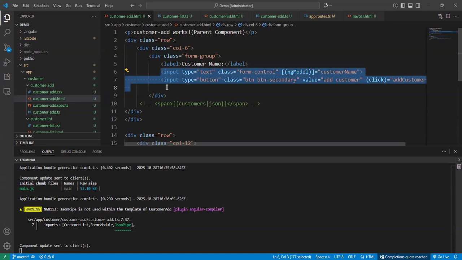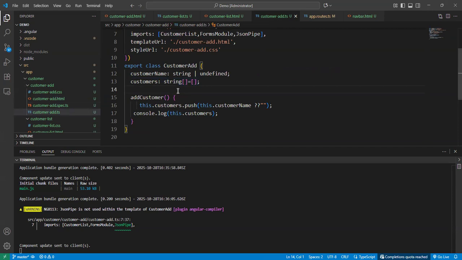Any confusion so far? No, no. Okay, so after that,